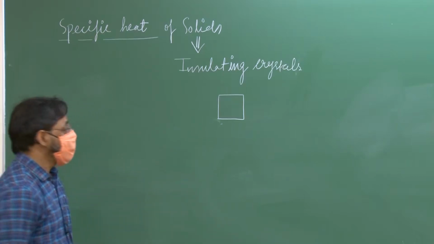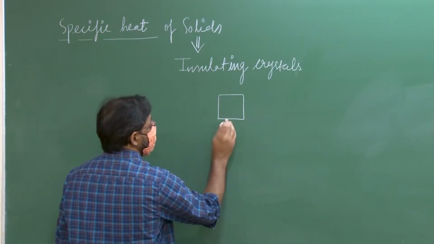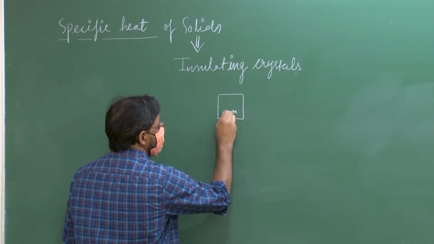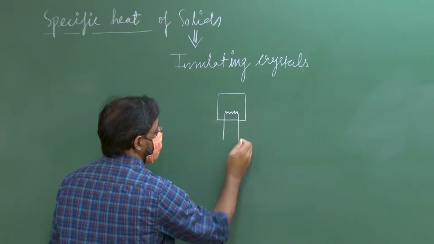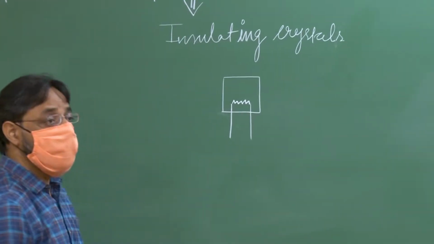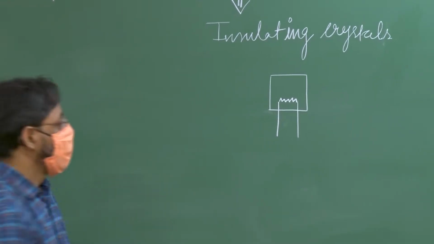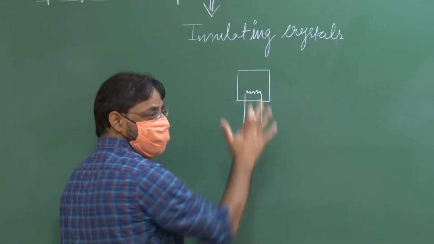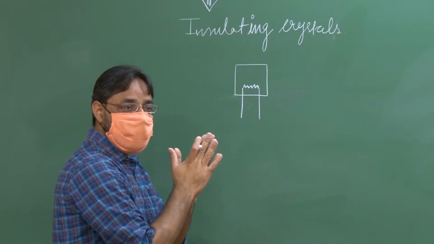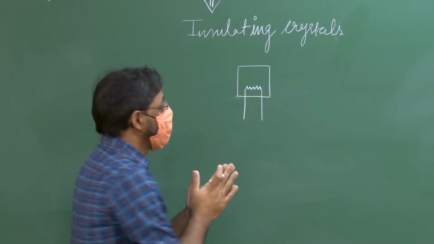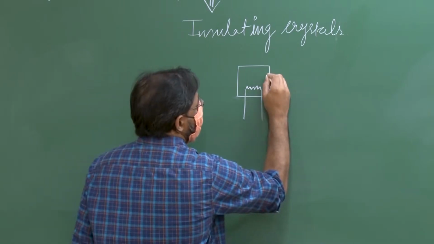If I am in your place, what I will do is, I will embed a heater in this. Heater of known power. I know what is the power of this heater. I may glue it, stick it very nicely so that it has a good thermal contact with the sample. And I will also put a thermocouple here